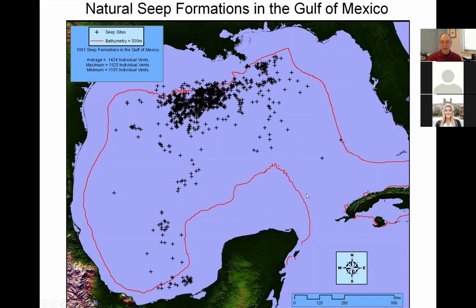Why is that? Well, you remember that I talked about the very different geologic origin of the Florida Peninsula and the Yucatan Peninsula, how these were limestone platforms that had migrated up and eventually attached themselves to what's now North America. Well, the absence of sediments and the absence of organic material in these geologic regions means that they are much less likely to produce oil and gas. And so this distribution of natural oil seeps indicates the geologic history of conditions that are conducive to producing